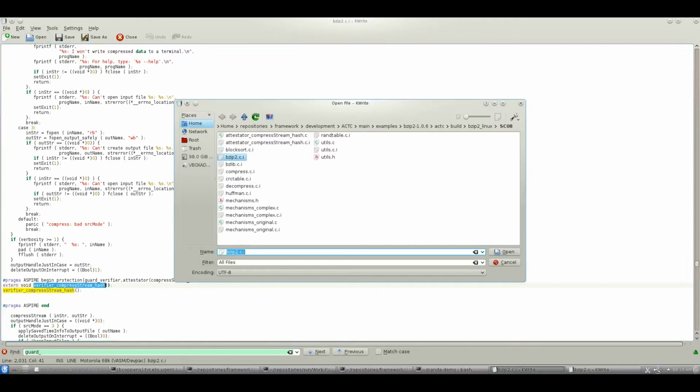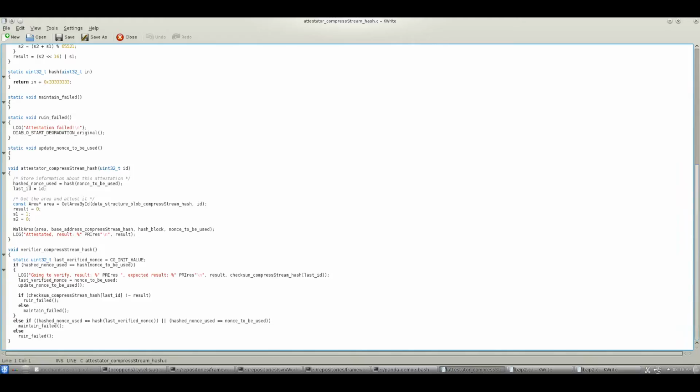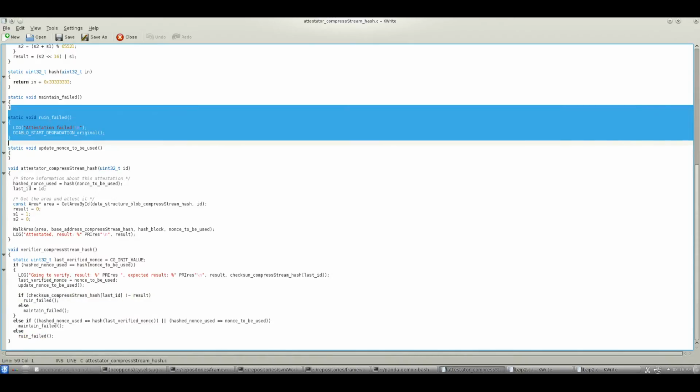If we look at some of the code that's going to be compiled and linked into the program, you see here that we have a verifier. The label that we use is part of its name now. You see that this will put in some output. It also performs a check. If the check fails, it will invoke the ruin failed function, and that actually, with a call to a precompiled function, starts the degradation. So it updates the delay data structures to mark that a check failed and